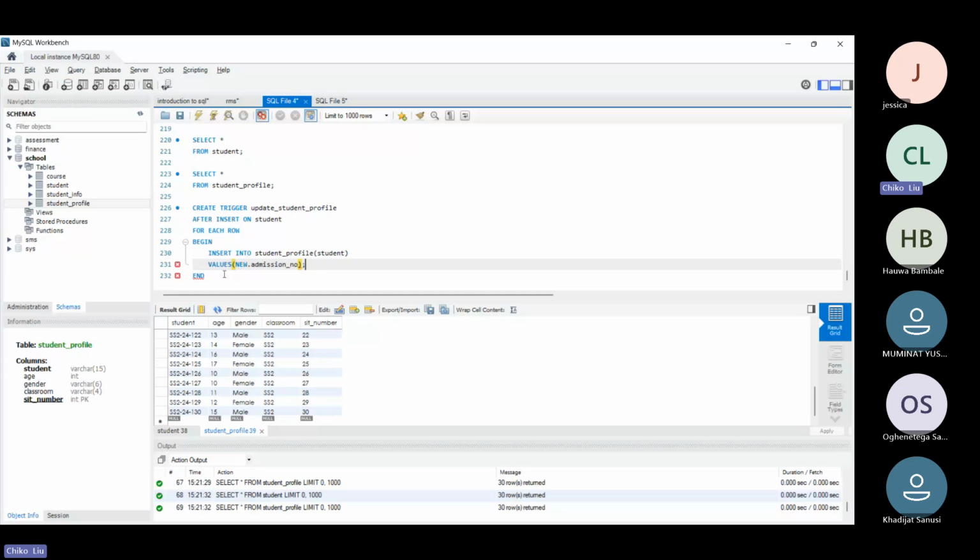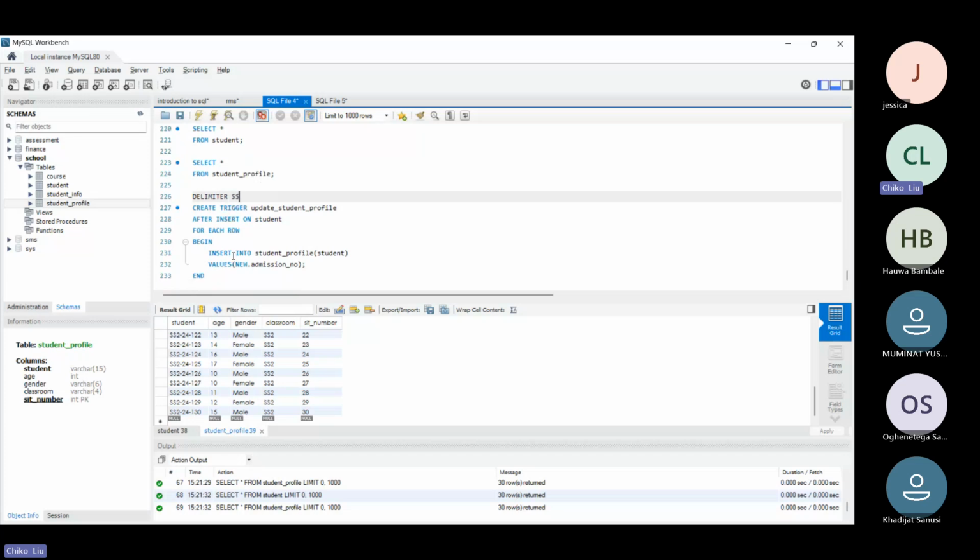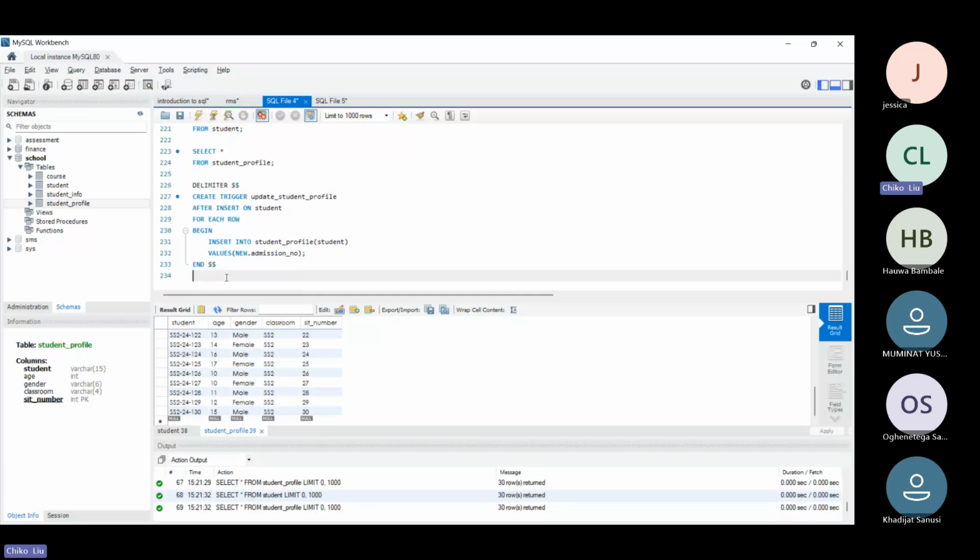The other thing I also want to do is, in order for all of these things to run, I need to safeguard it so that they can run at once, one time. So I'll just type delimiter, then a double dollar sign. Then I will end with a double dollar sign, then delimiter, then a space, then a semicolon. Oh, sorry, I said delimited. Delimiter, then a semicolon with a space. By the time I run this,